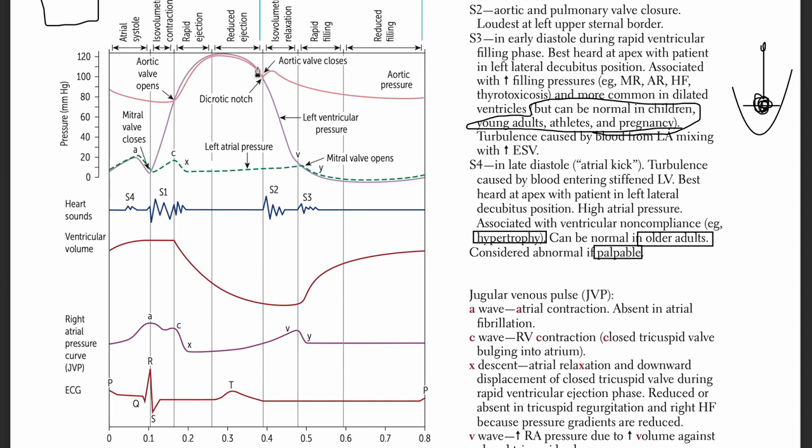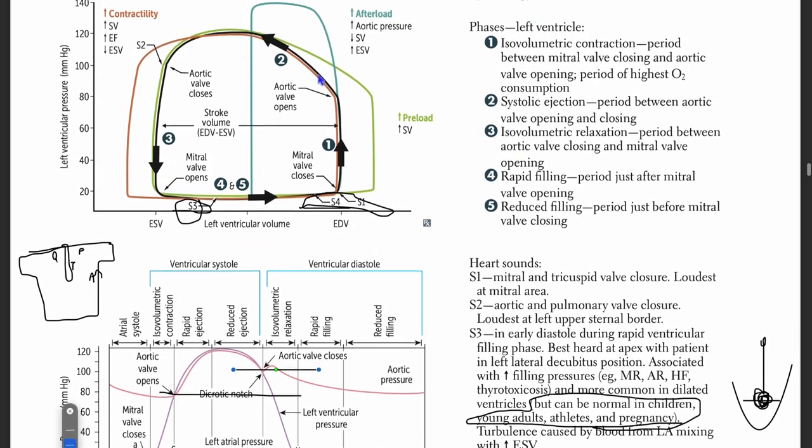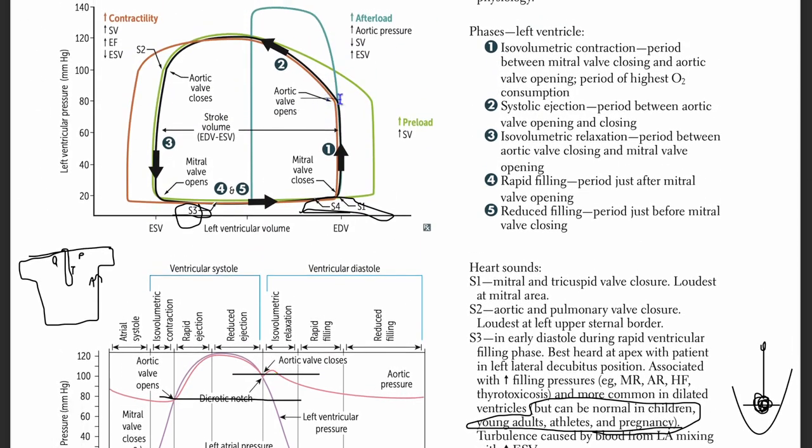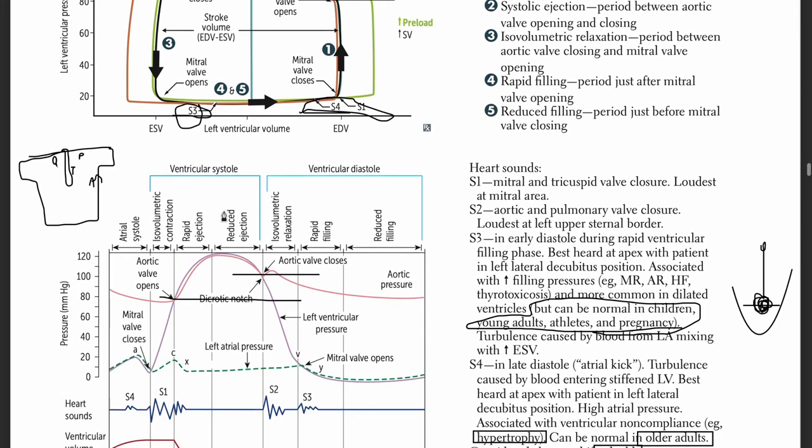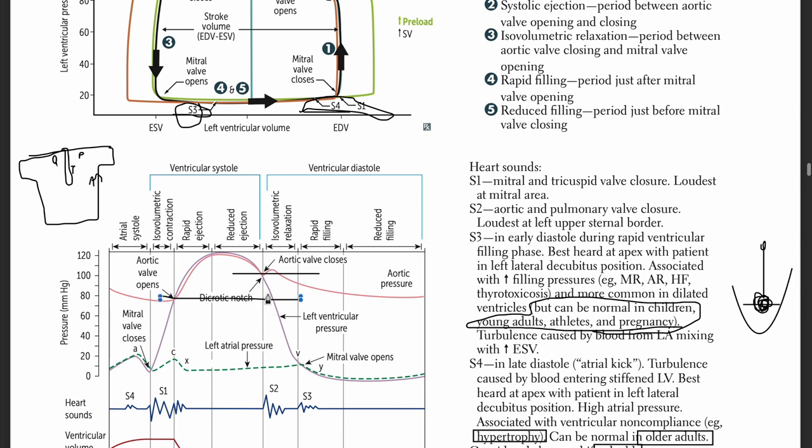And then when there's not enough pressure, again, it took this much pressure to open it, but you've got to have at least a pressure higher than here to keep the valve open. Similarly here, you need this much pressure to open it, which is a lower amount of pressure, but you need at least this much pressure to keep it open. Anything lower than that will close the aortic valve. So remember this difference of pressure here, and you're seeing it over here as well. Okay,